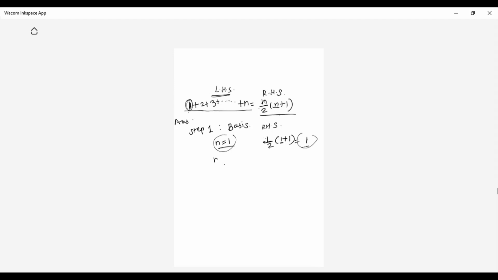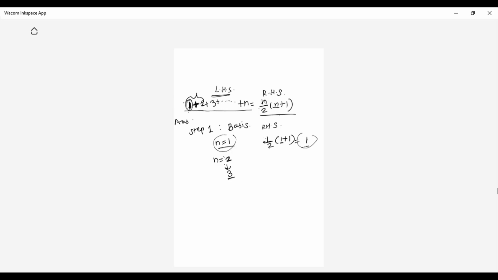If I take n is equal to 2, what equation am I having? 1 plus 2. So the value I'm going to get for n is equal to 2 is 3. Okay, that you need to remember, student. For n is equal to 1, I'm getting 1, the initial value is 1 only. But for n is equal to 2, addition is there, right? So 1 plus 2 I have to make, and whatever value I'm getting, that is 3. Same thing I have to do for RHS.